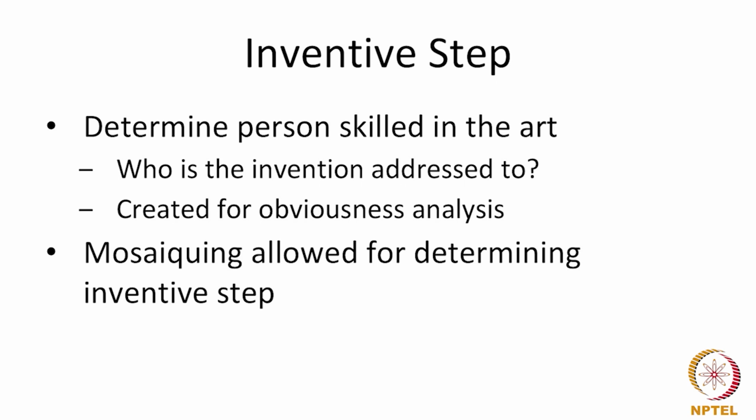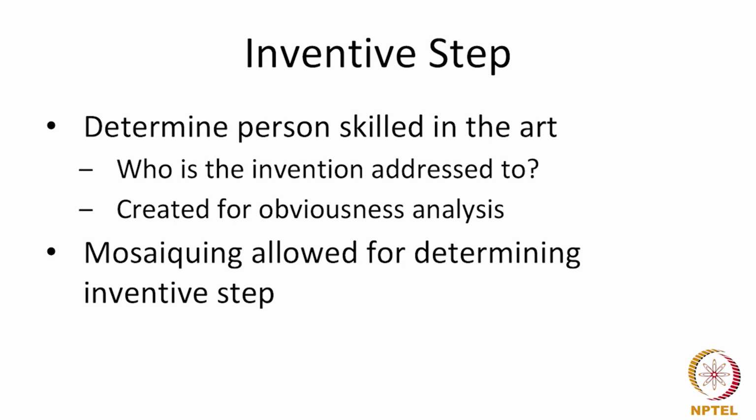So, the first step in understanding an inventive step is to determine the person skilled in the art. Who is the person skilled in the art? To whom is the invention addressed? The person skilled in the art is actually the addressee of an invention. The invention is addressed to him. Though an invention can be read by anyone and understood by anyone, the invention is phrased in a manner in which it can be understood by a person skilled in the art. So, the person skilled in the art is a hypothetical construct